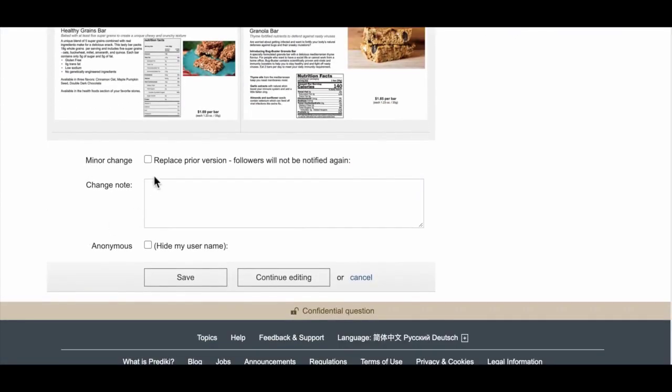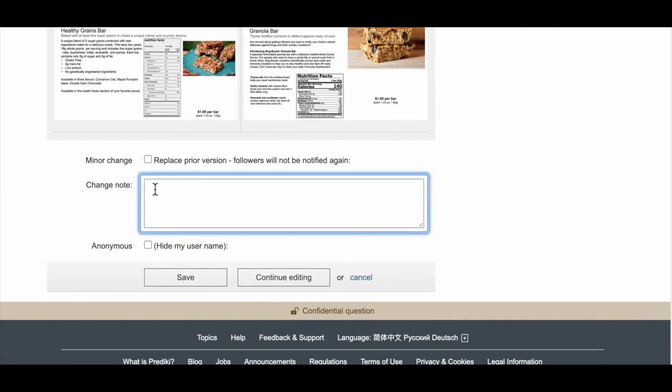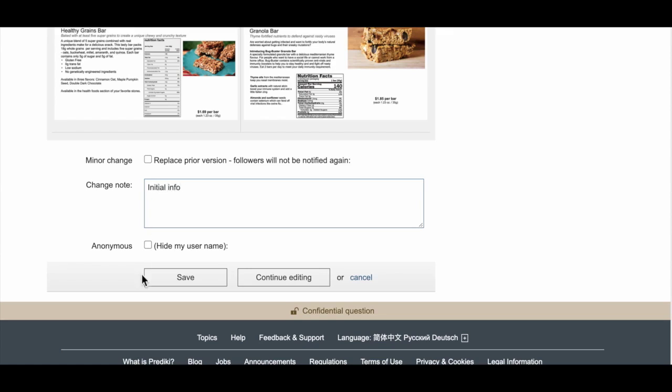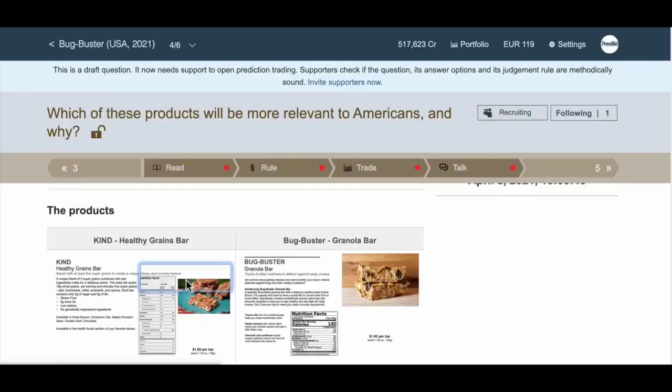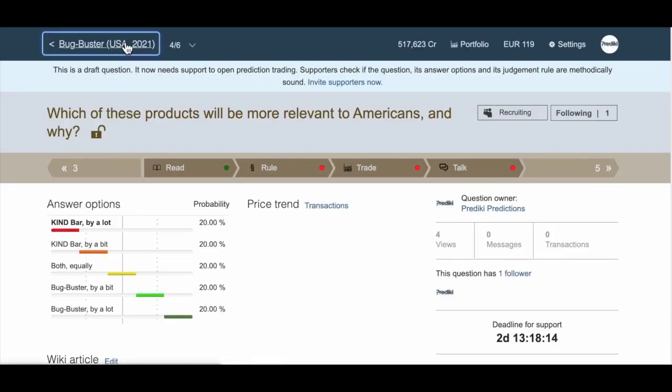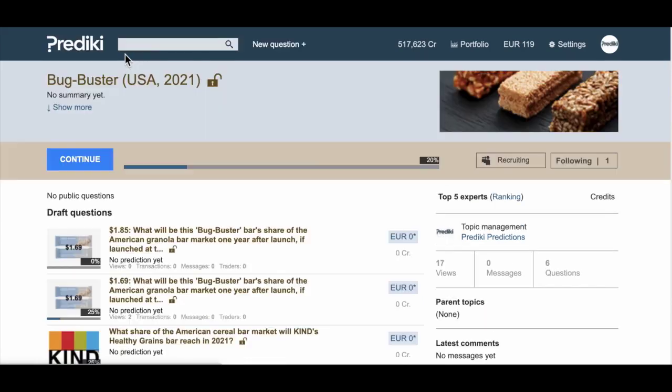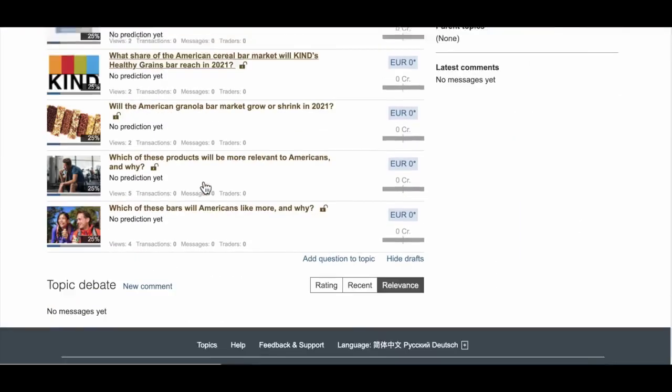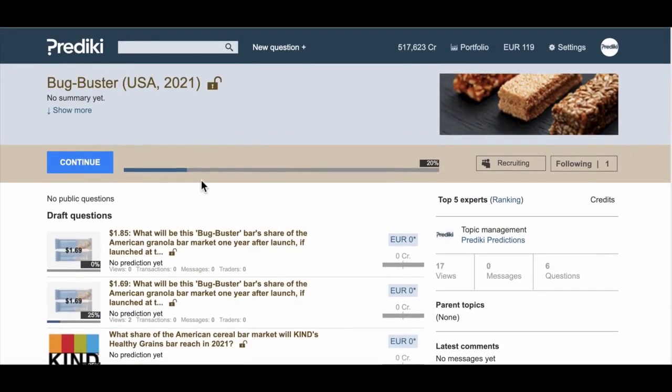Okay, looks good. We enter some reason for the version control system, and save this, and we're done. So our battery is starting to look good, and what we're going to do next is we will